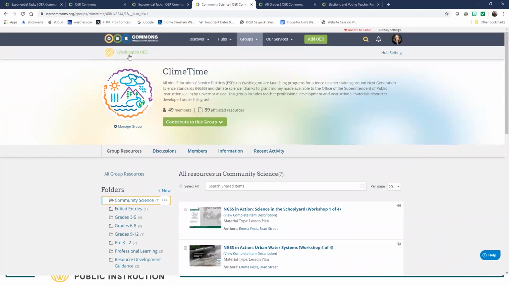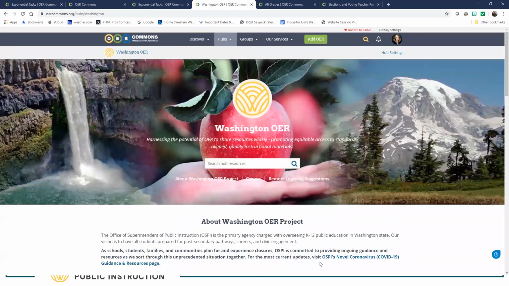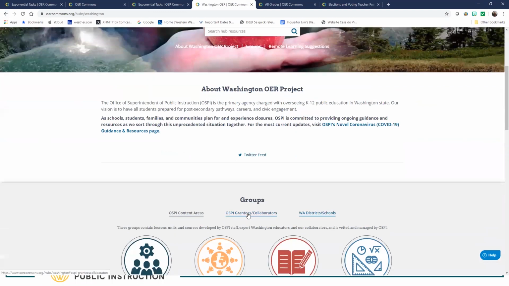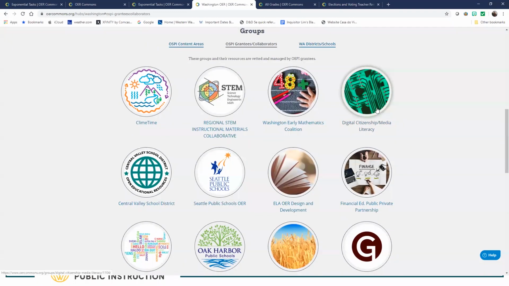Oops, let me go back. Other grantee groups that you might be interested in are the digital citizenship media literacy grants. We have folks that are working on those right now, so I know that there's some content that's starting to be added to that group. We also have